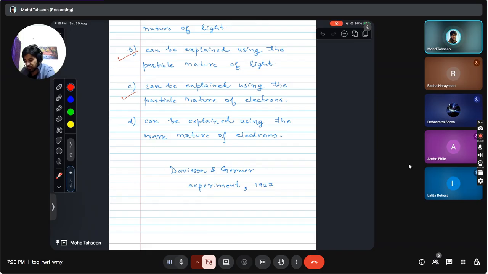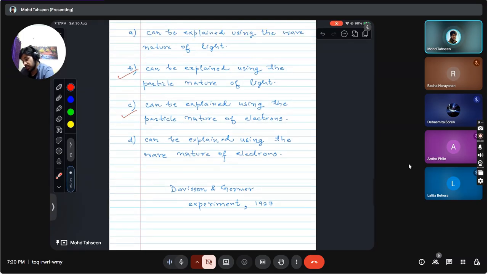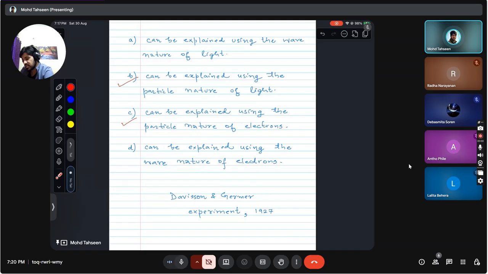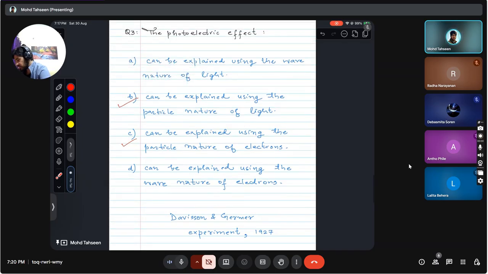So this is the first time that we saw that electrons could behave as waves as well. And before 1927, there was no question about this. Electrons were considered as particles, not as waves. But today we know that electrons can behave as waves as well as particles, right? So if this question is being asked today, then we consider both of these options to be true. But in 1905, when Einstein did it, he did not know that electrons were waves. He treated them as particles. So that is the thing we need to be careful about.